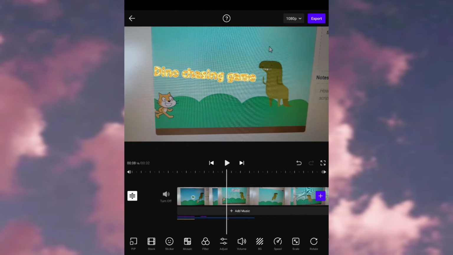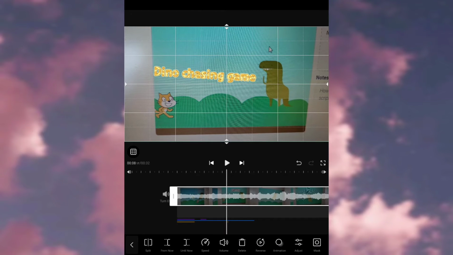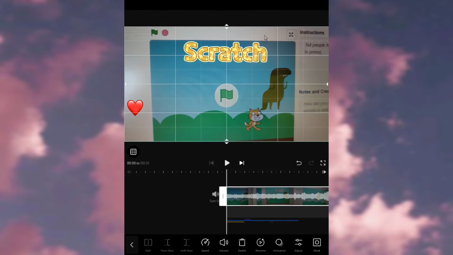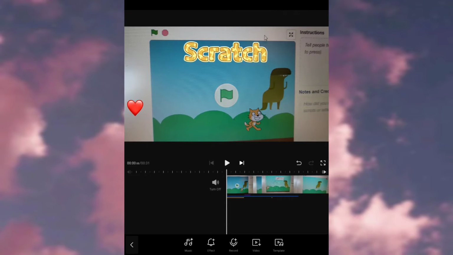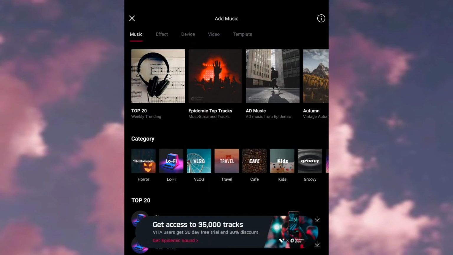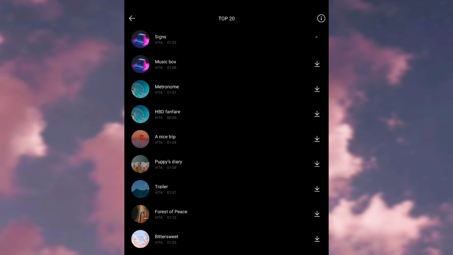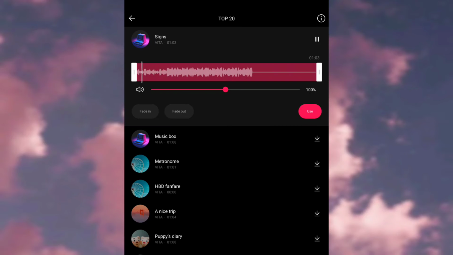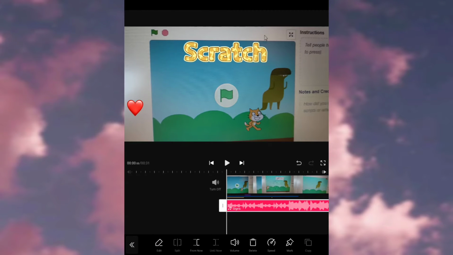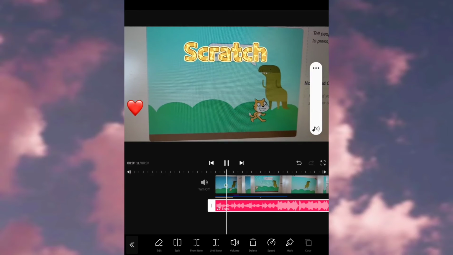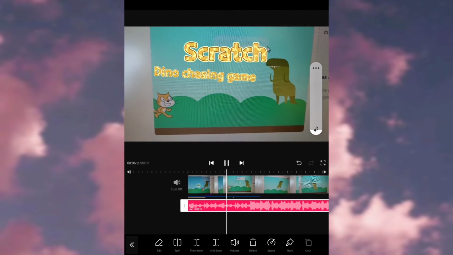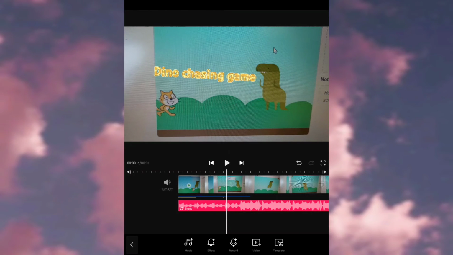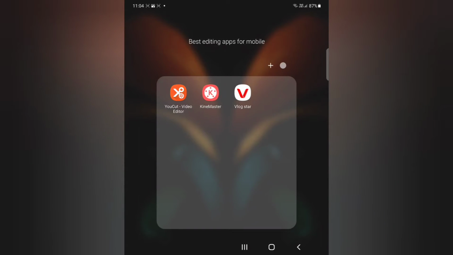See, can you see this? And the editing objects are very good. They are launching many more features on this application to let us edit better videos. We can even add some music tracks, like if I want this music in top 20, I can click on use if I want this music in my video, and then I'll turn on my volume, and the video plays with the music I added. It is really good. You can even record your own audio.